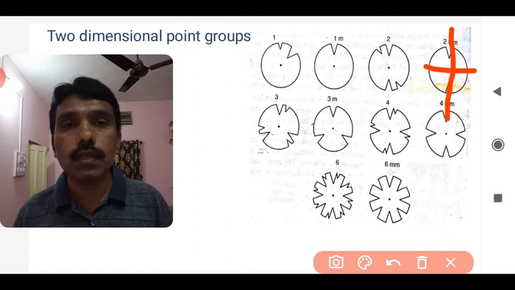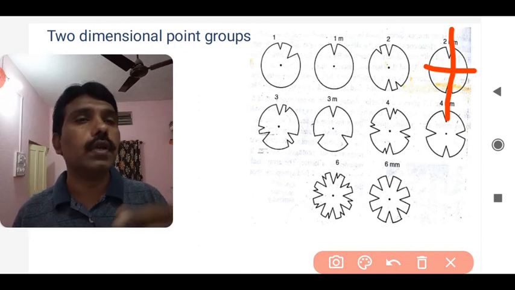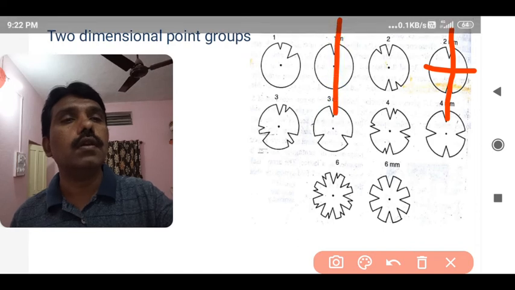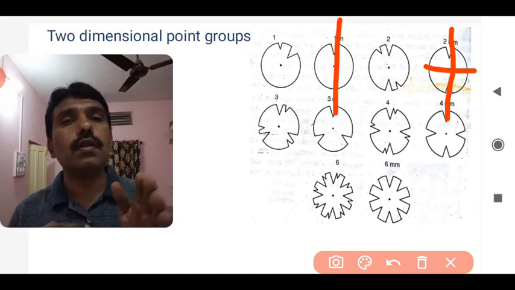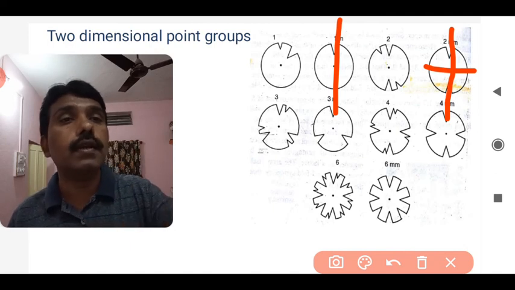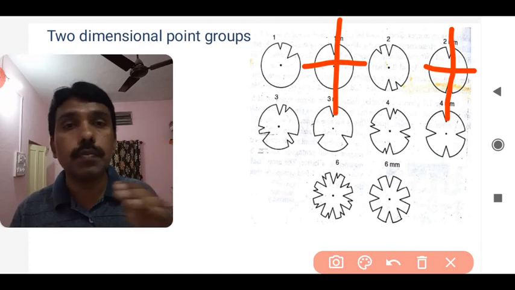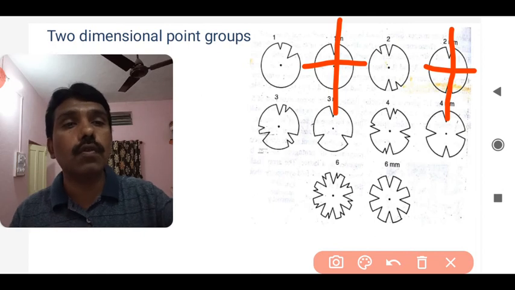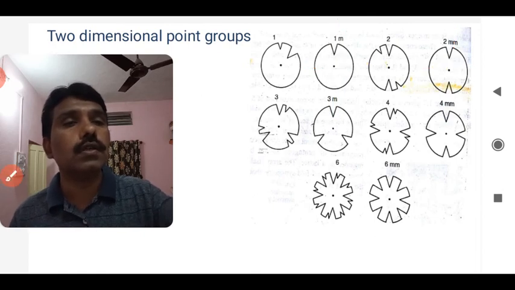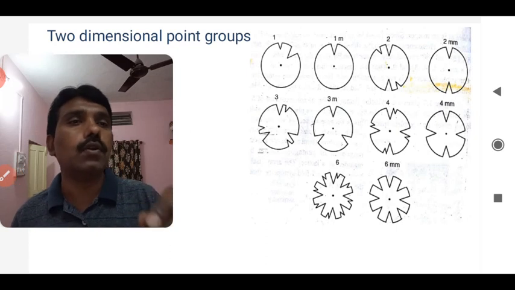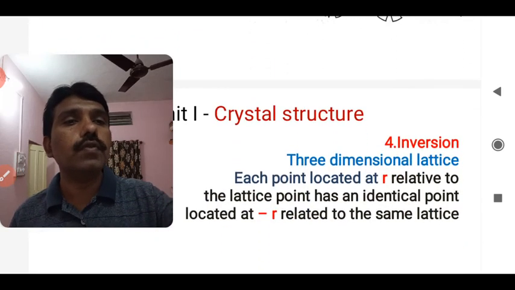For every case, this is not going to be there. As for the other 1m, there is only one possible plane in that particular 1m. The second, perpendicular m, perpendicular to that axis, I can't draw, because it will not give equal halves. So this is how these structures work as far as two-dimensional point groups are concerned. So moving forward, the last one, that is